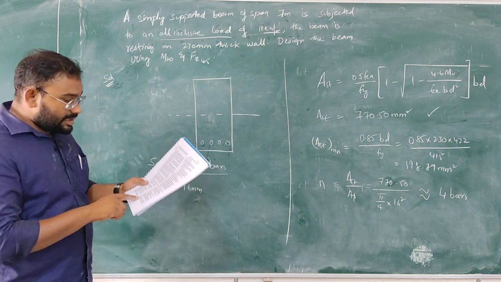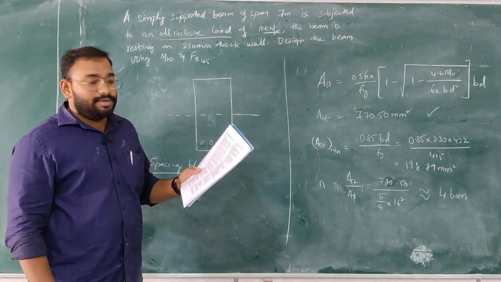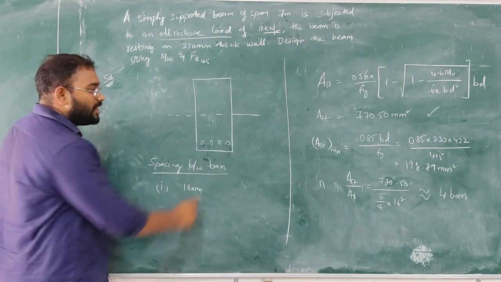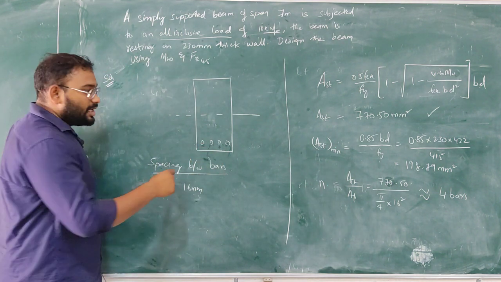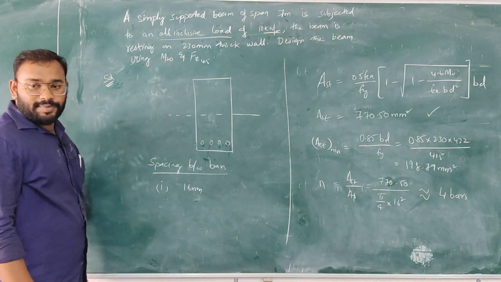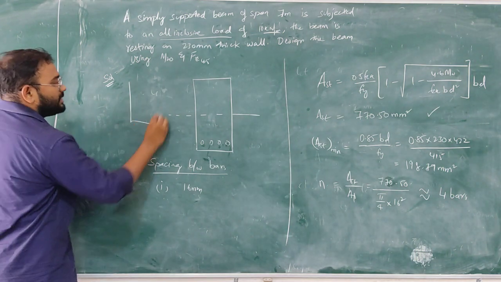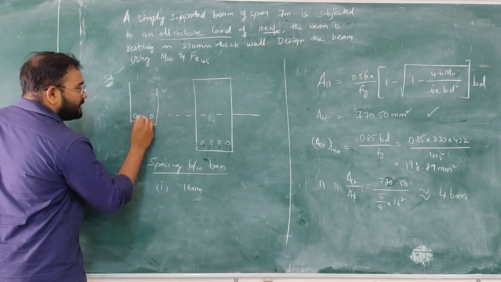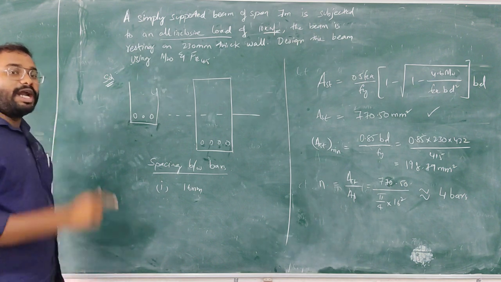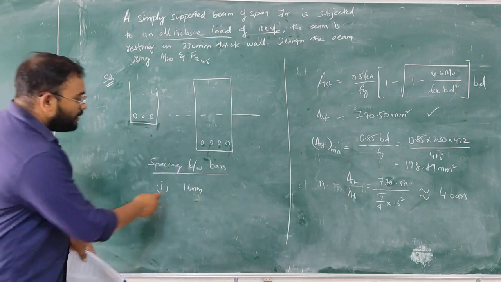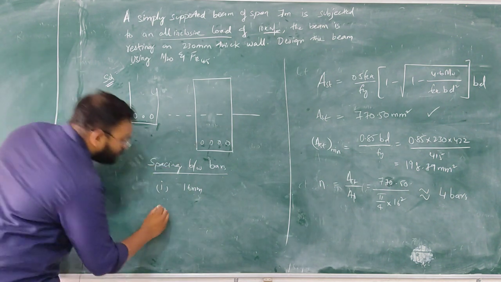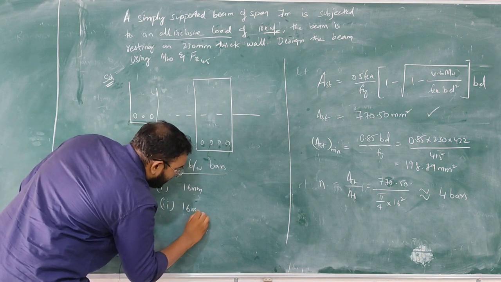Now the second condition is the diameter of the larger bar if the diameters are unequal. Suppose you are providing 2 bars of 20 mm and 1 bar of 16 mm. The code suggests that you provide a spacing equal to the diameter of the larger bar. You are using bars in combination. Suppose these 2 bars are of greater diameter and this one is of lesser diameter. Now if we don't have different bars here and all 4 bars are of the same diameter, the second condition will also be equal to 16 mm.